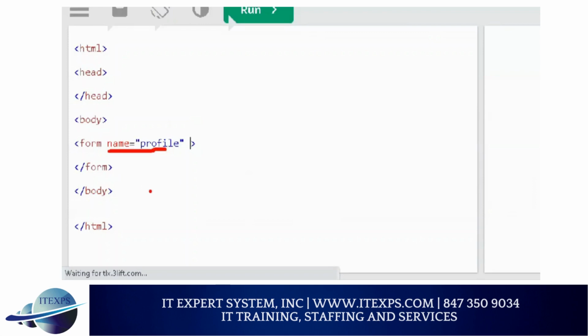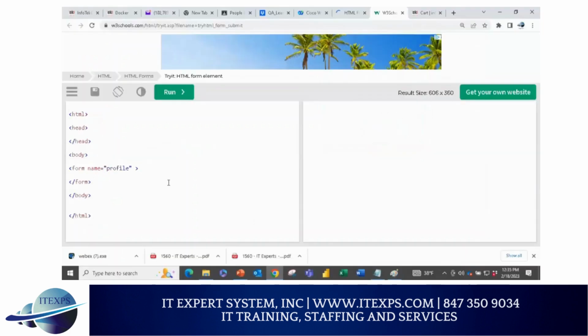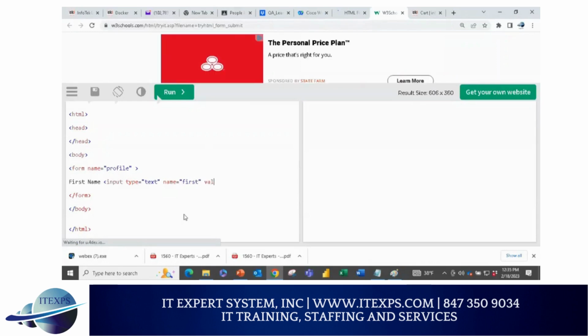In one page, you can have many forms. One can be contact us, one can be feedback, one can be login. So you can differentiate each form by name. Make sense or no? Now inside that, you are going to write something. So I'm going to write here, for example, I'll say first name, and then I'm going to say here input type equal to text, and then I'll say name, let's say first, and value I say empty,